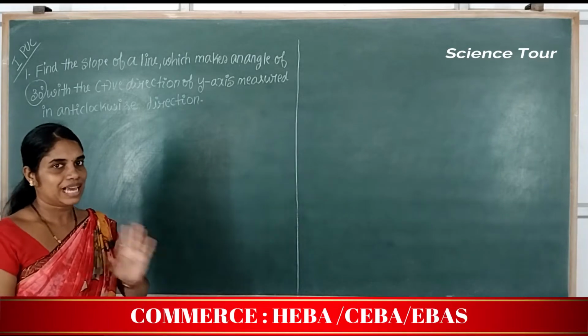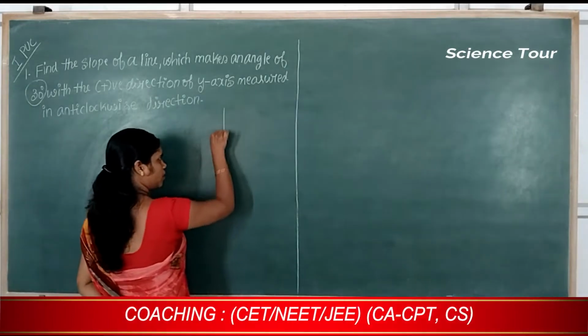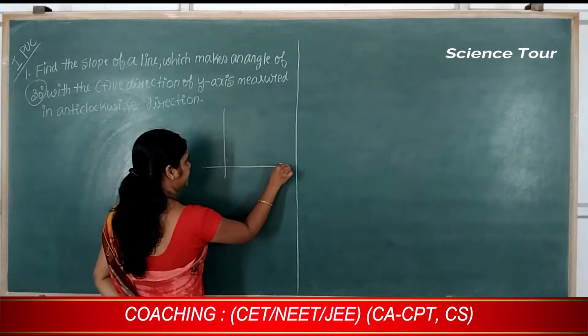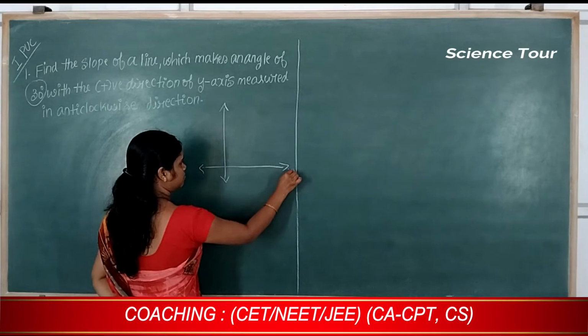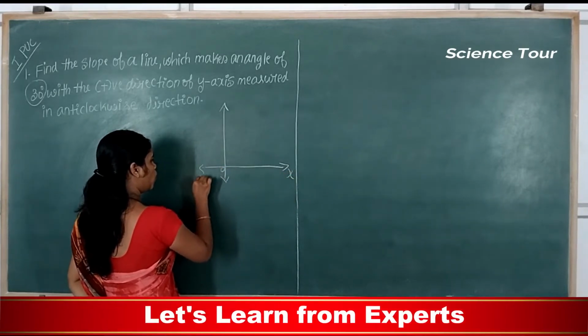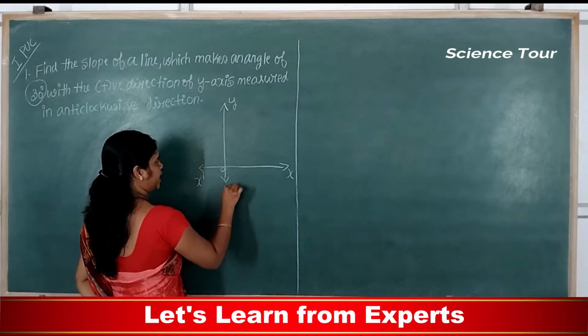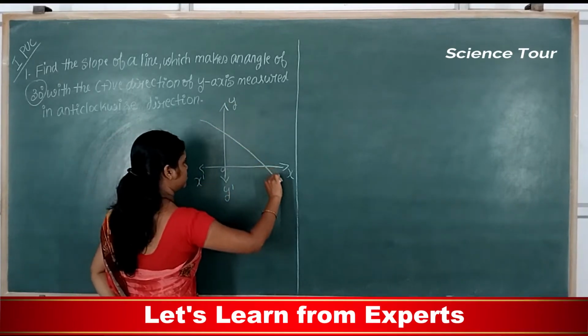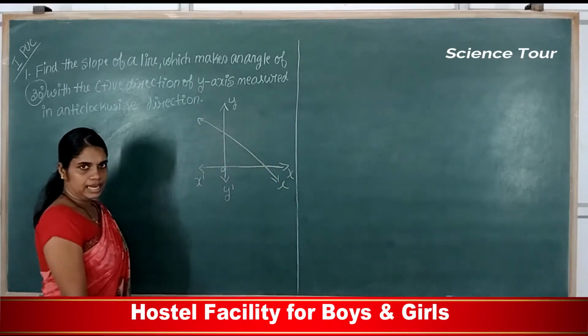So first of all I'll calculate the value of inclination. Okay, so first I'll draw the diagram related to this question. This is the Cartesian system. This is x, o, x dash, y, o and y dash. See, this is a straight line. So this is a straight line L.